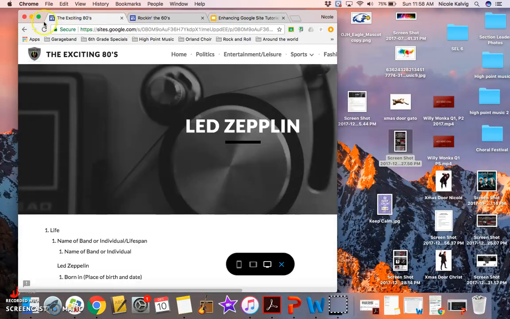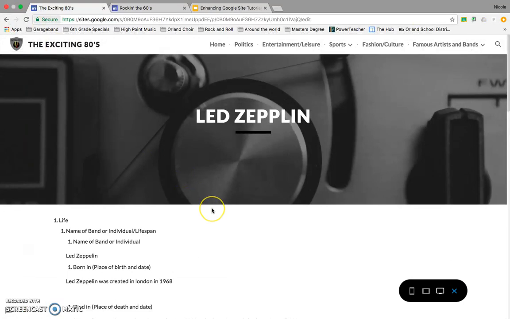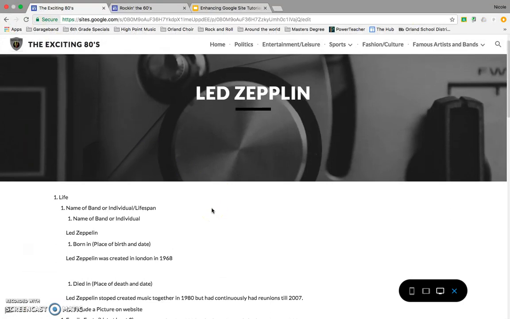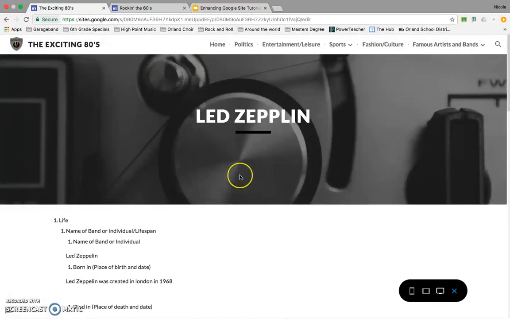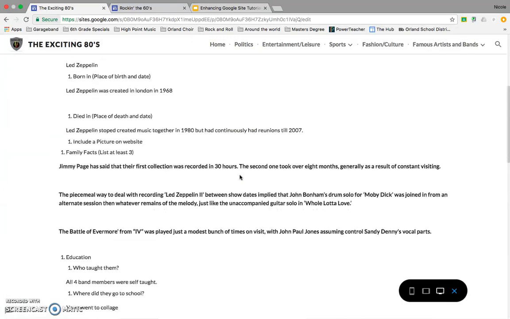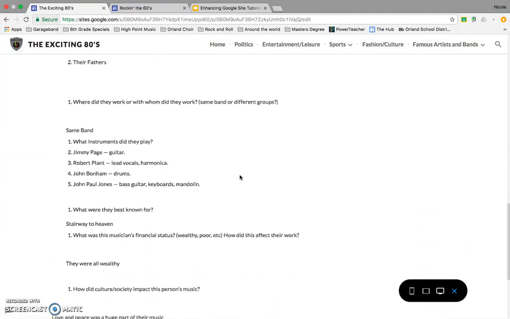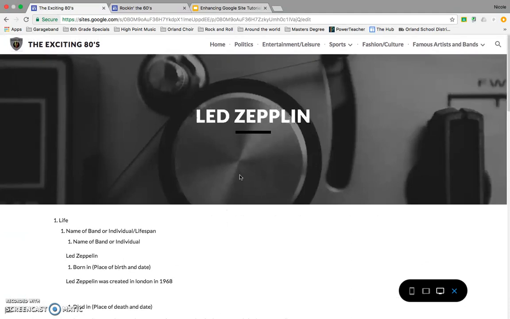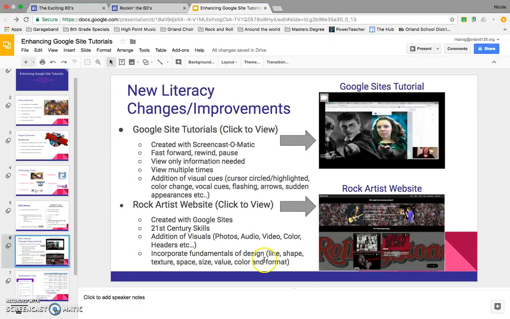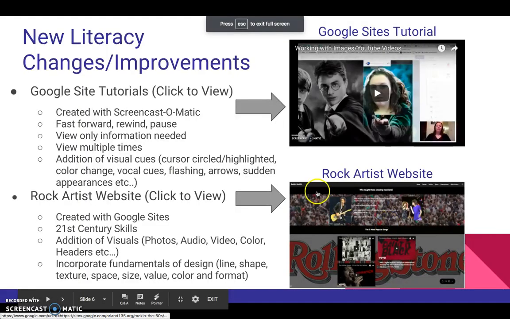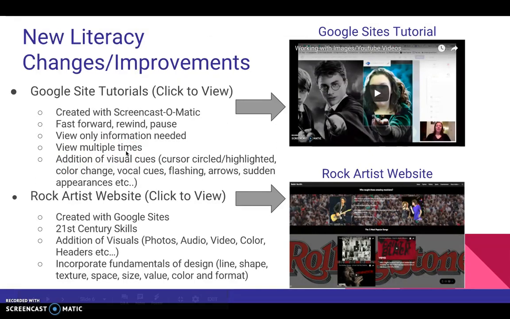This was a student from first quarter. You can see they put the title, they did something a little bit in the background, but then they put all their information and they really didn't know where to go from there. So my hope was to enhance that and help students figure out how to use the features. The new literacy I used was Google Site